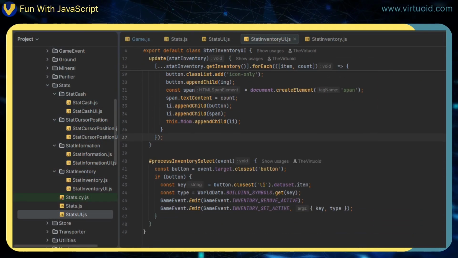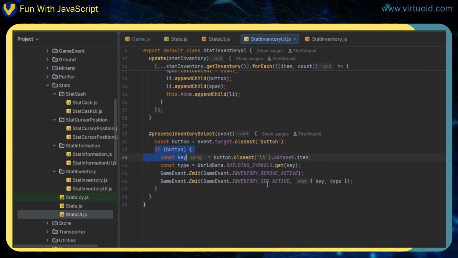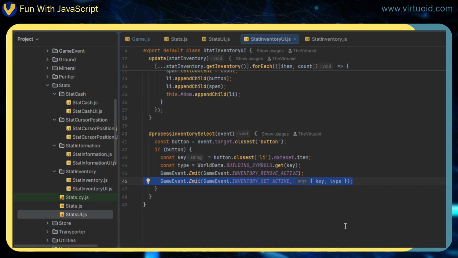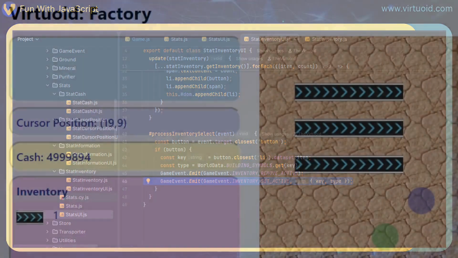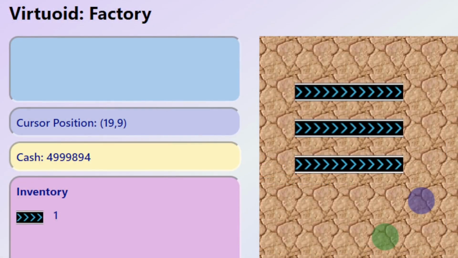then we process what has been clicked. We tell the world that we've removed the active one, whatever was currently there, and then we set the active one to that particular image. And so then that goes up to the game. The game then goes to the world and tells the world, hey, everything has been removed, and the final result of that is basically when we click on the